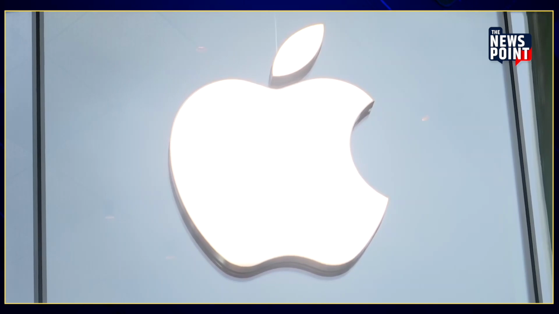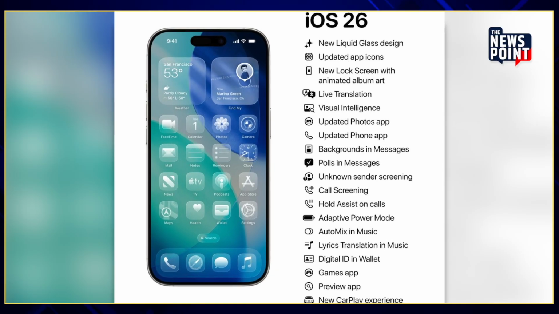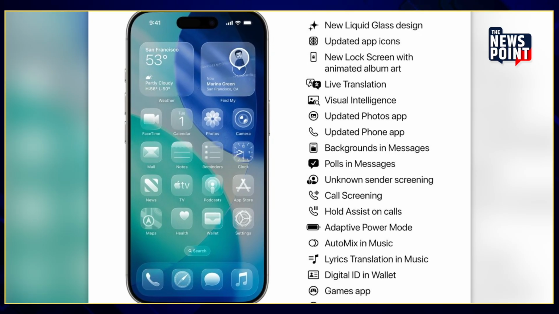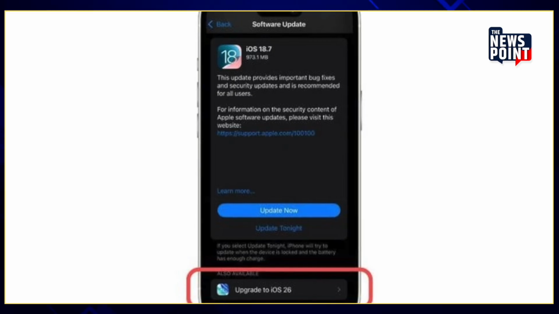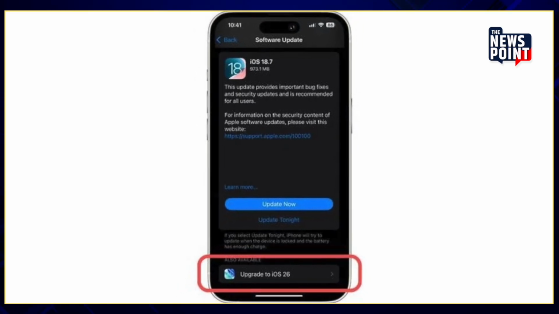The most noticeable change is the liquid glass design, which transforms the entire user interface with more transparent elements. This gives a fresh, futuristic feel to the system's appearance. Apple also introduced some updates to multitasking on iPads, smoother animations, and improved app switching capabilities. However, along with these exciting changes, many users have reported a range of issues, including overheating, rapid battery drain, and